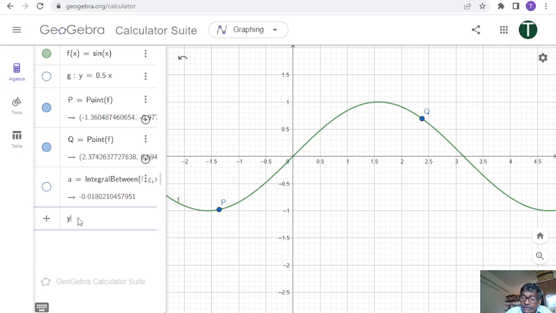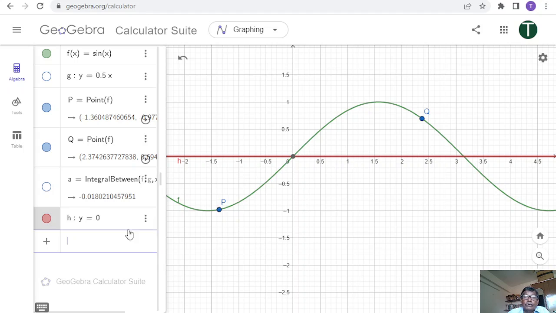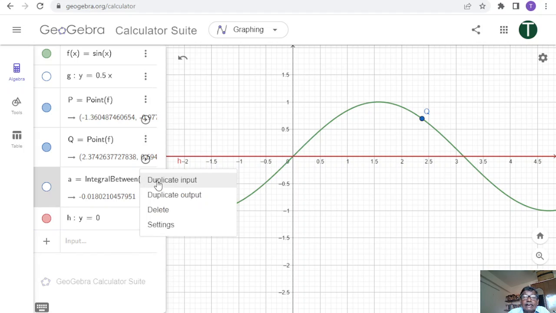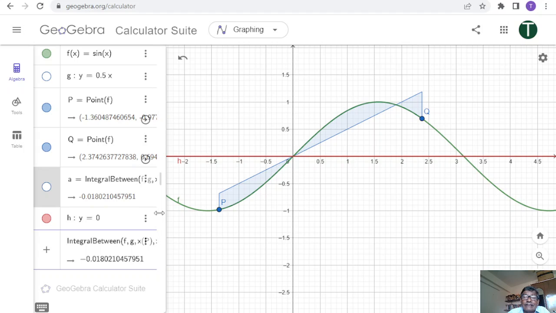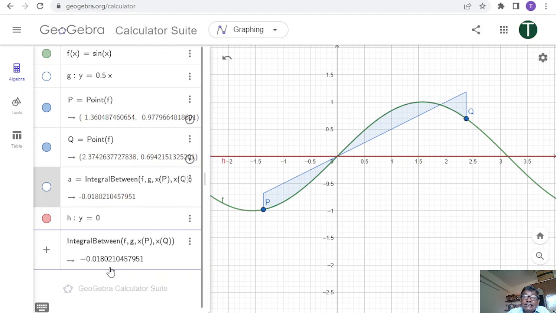So y is equal to 0 will be the x-axis. This is the red color. And I want to find out the area under this sine curve from P to Q. So you copy this here, duplicate the input, same thing. Nothing is wrong. But only this time it is the area under the curve f